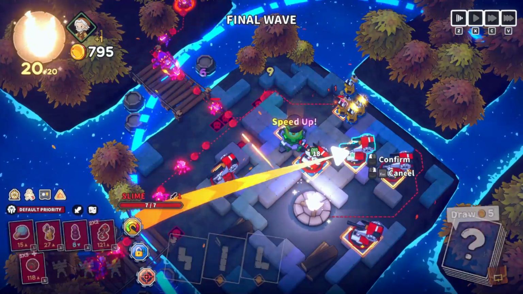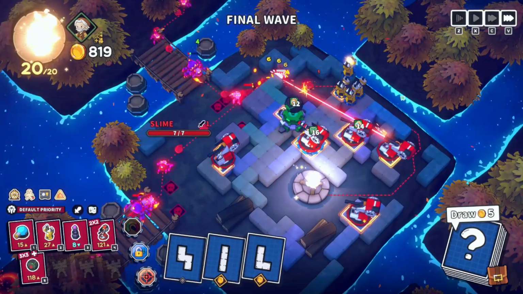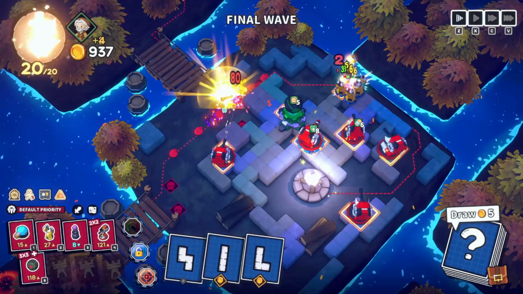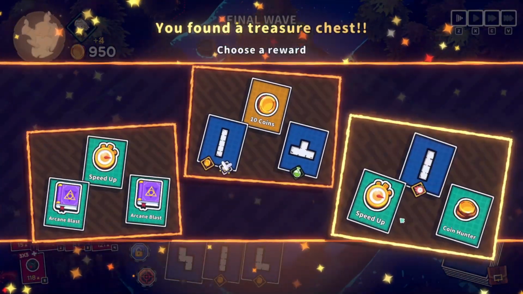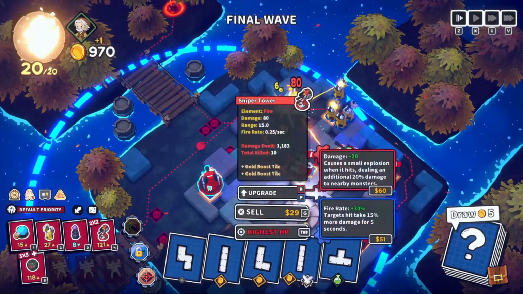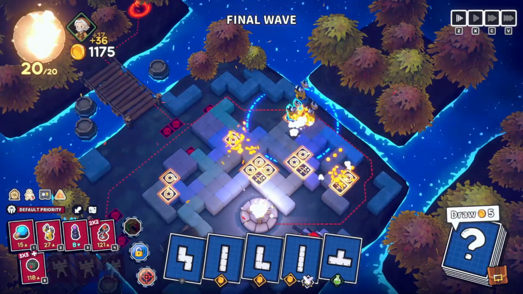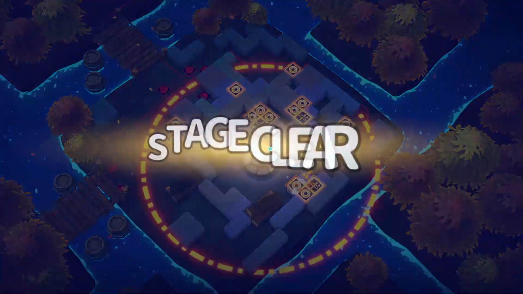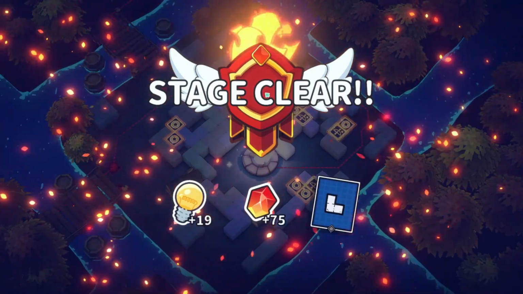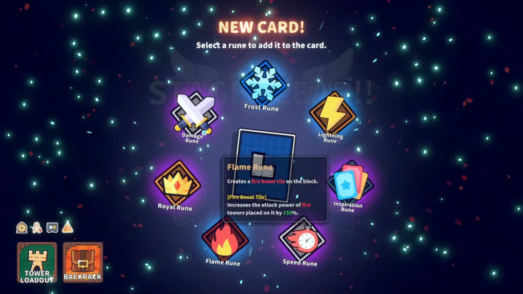Poison on you, speed up on you, and overcharge on you. Okay, let's hold on. Okay, more coin. I think that's it. Yeah, man, you have to do this like every time, so this is a bit annoying. Inspiration isn't bad,